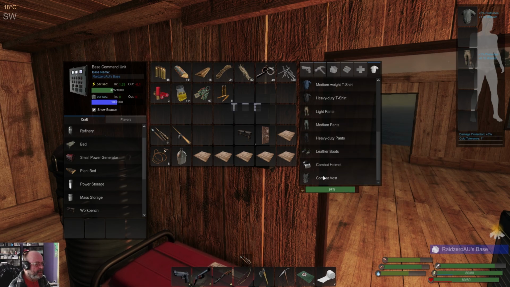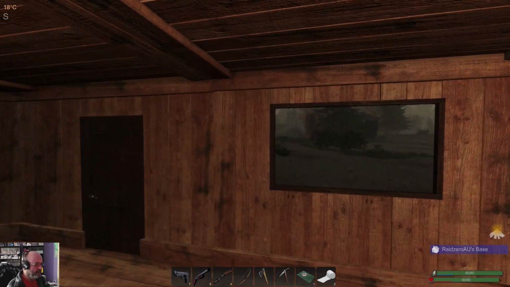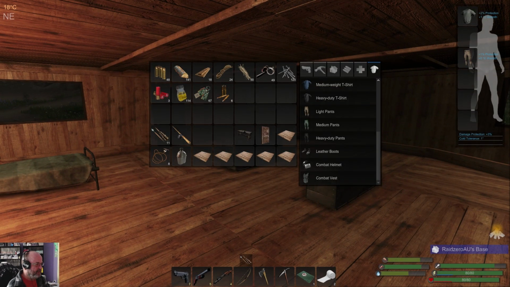The other thing is, if we want to go leather boots, we're going to need some sinew. Now at the moment there's only two ways of getting sinew. Sometimes in a lockbox, but that's very RNG, and Cougars. So, while I get myself prepared here,